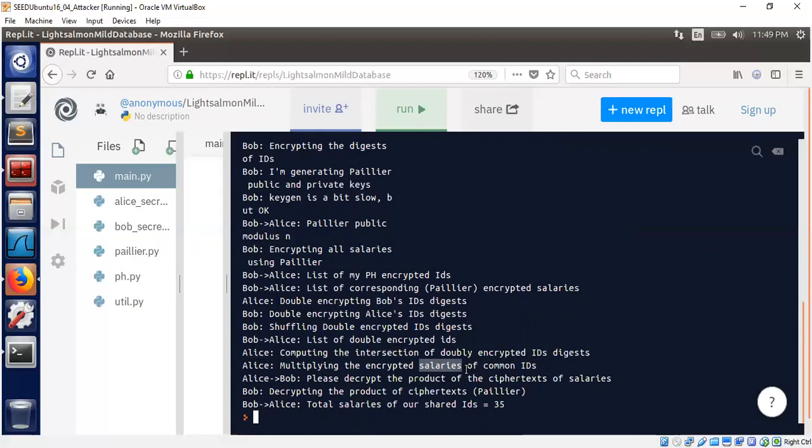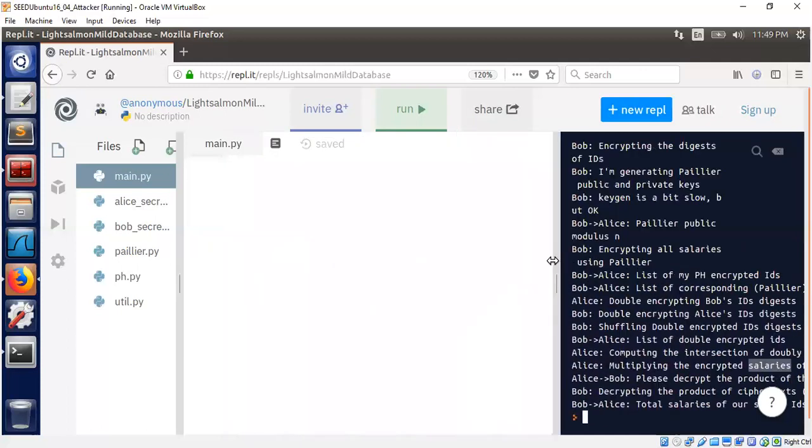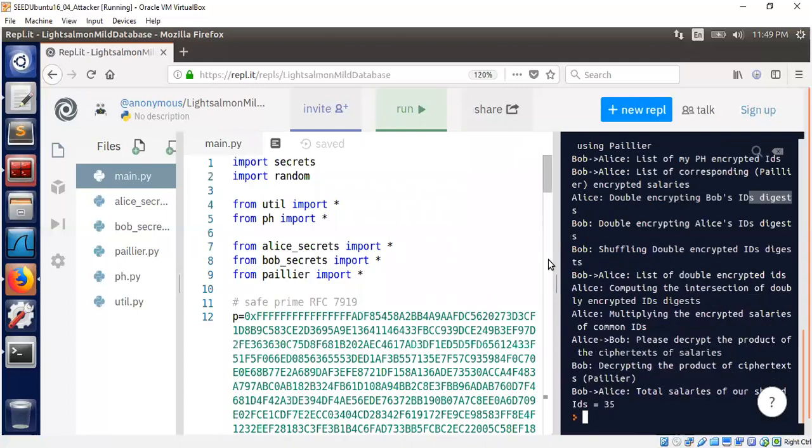Alice is just going to multiply all the salaries and send to Bob. Bob decrypts that. Because of Paillier's homomorphic property, Bob will be able to calculate the total salary. So together they computed the total salary of employees that are shared between two different databases. Okay, this is basically the idea of a private join notion. Okay, so you have two tables, you are doing a join without sharing the data. Okay, that's basically the idea of this